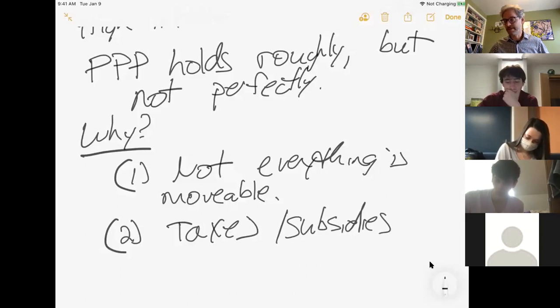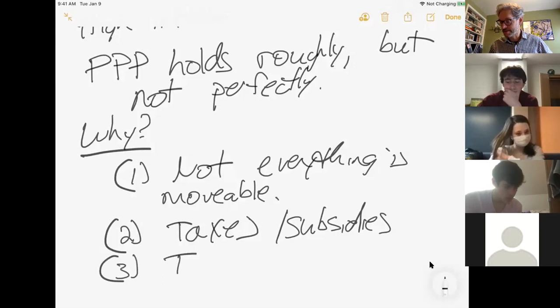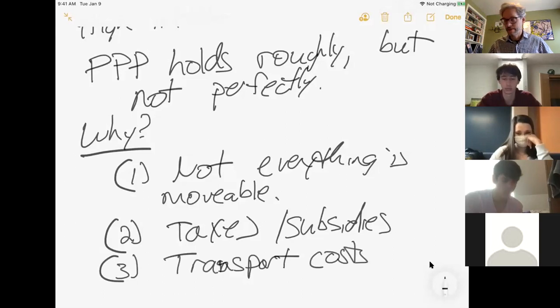There's also another reason why gas is more expensive in Illinois. Could people get around these taxes? Sure, you could go buy gas in Iowa and take it back to Illinois. What's the problem with that? If you live in Chicago, what's the problem of driving to Iowa to fill up your tank? You waste your tank on your drive back, basically. Exactly, right? In other words, there are transaction costs, particularly transportation costs that you have to think about.